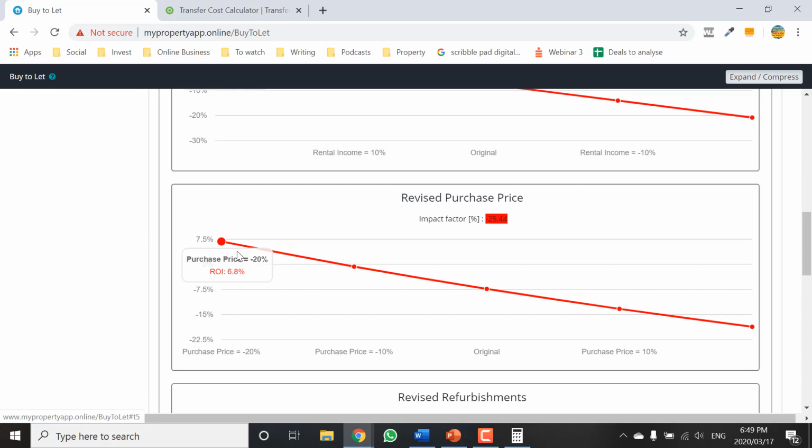Or we could look at reducing the purchase price. If we reduce the purchase price by 20%, again, we start getting a positive return. Do you think we could go